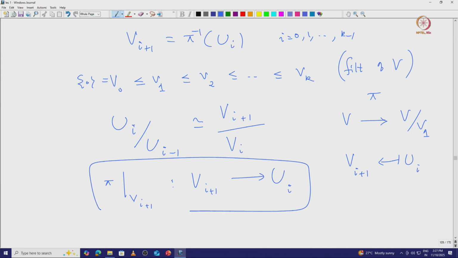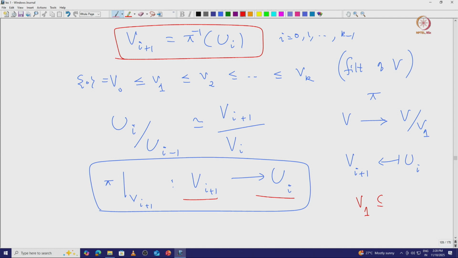So, this is because by definition of V_{i+1}. You can see that by definition of V_{i+1}, this is nothing but the inverse image of U_i. So, when we restrict our pi to V_{i+1}, we are going to get a map from the pre-image to the image. Now, since V_1 is contained in V_{i+1},